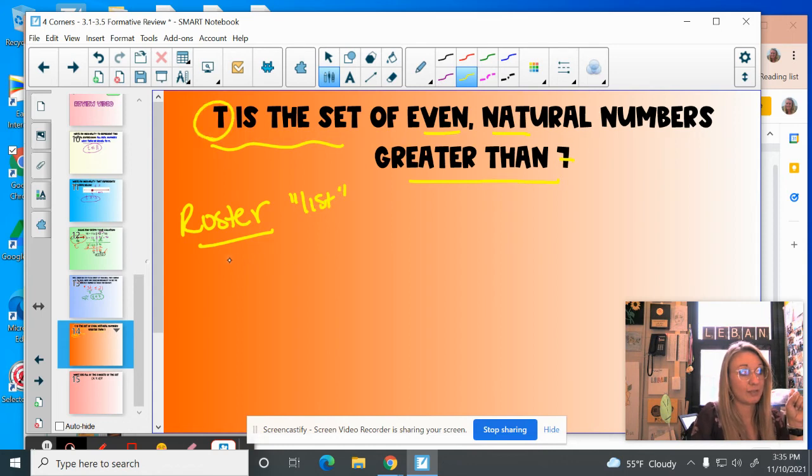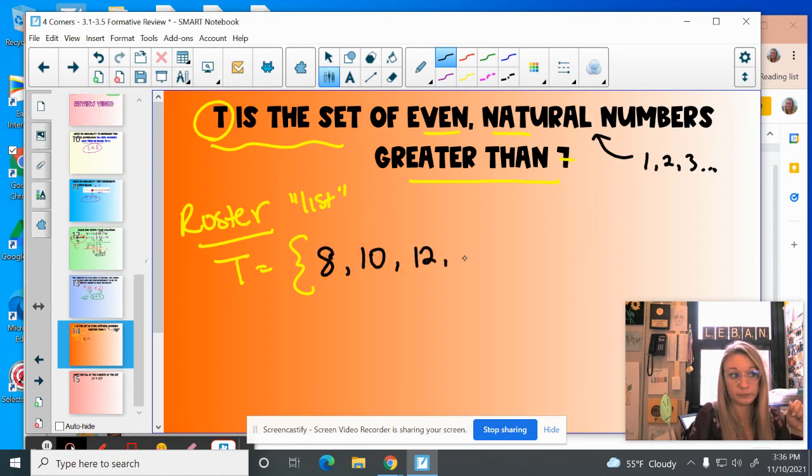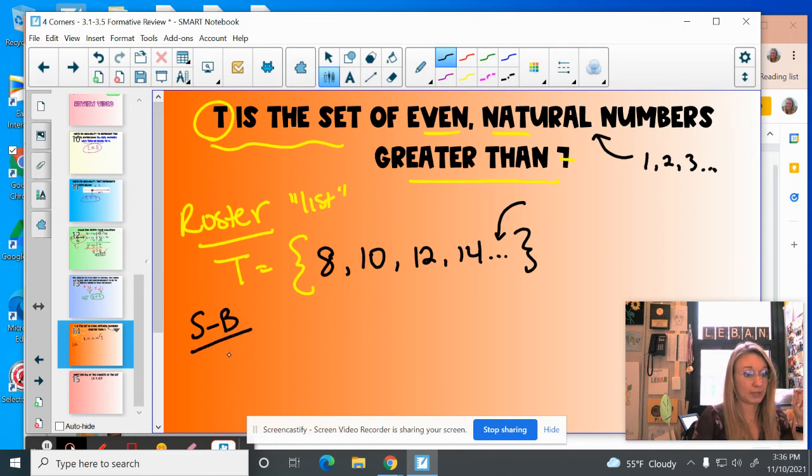So we start with our set name, which is T. And then we literally just list numbers that could be elements of that set. So it's even natural numbers. Remember, natural just means like 1, 2, 3, that are greater than 7. So we could have 8, 10, 12, 14, and so on. Don't forget to include those little dots there to show that that set doesn't just stop there, it can keep going. Now, in set builder, we start with our set name, T, equals, pick a variable, let's do X,